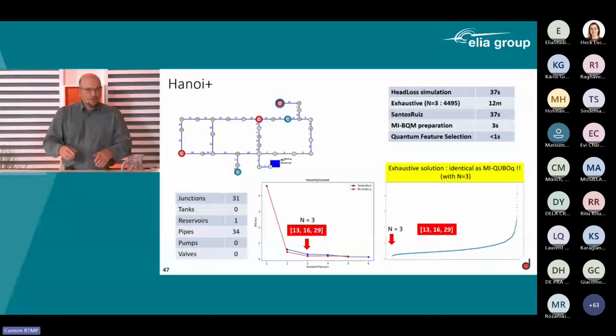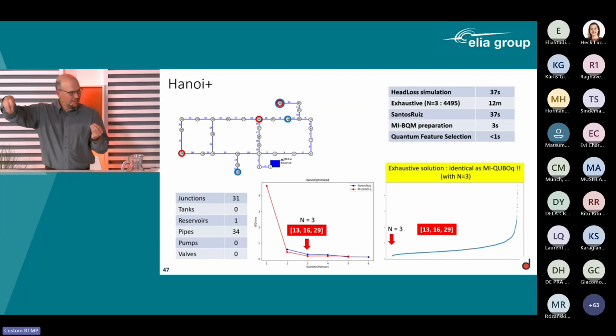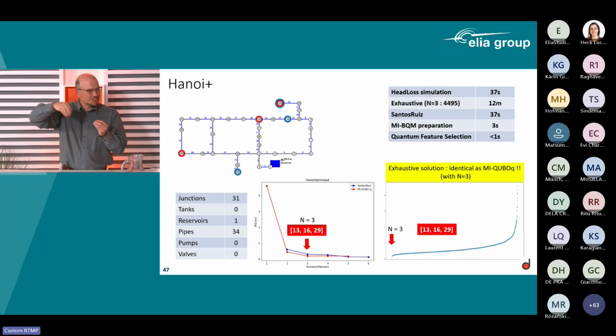If you do that in a real quantum way, and you also use the Santos Ruiz methodology, the classical approach, which was actually saying, if I take one, what is the best one to take? Okay, you decide that. And if you then take a second one, you assume that the first one is still relevant. And you just grow that. So it's not like, what is the total group that is giving me the most information, but you just scale it up sequentially. That's Santos Ruiz.